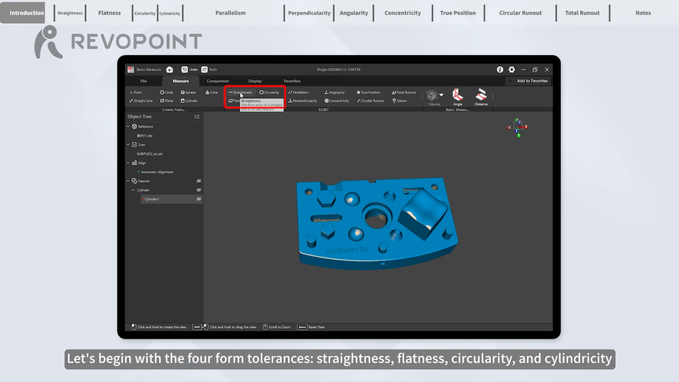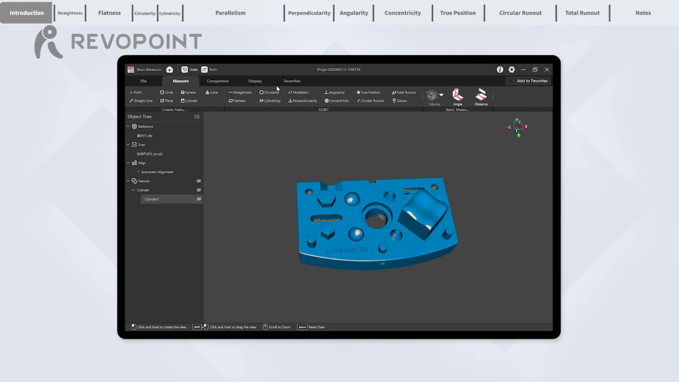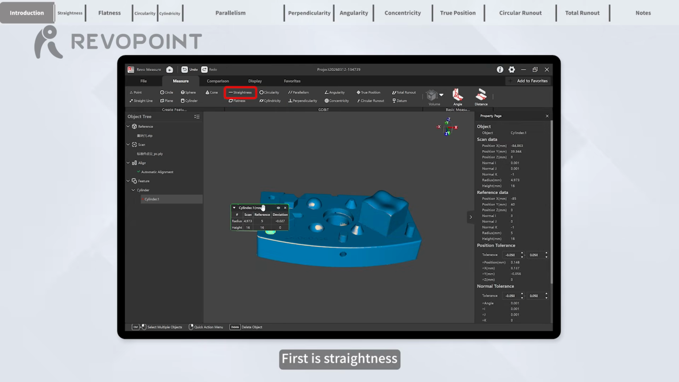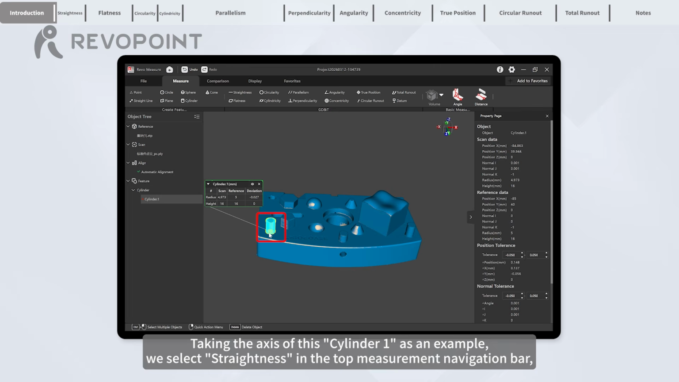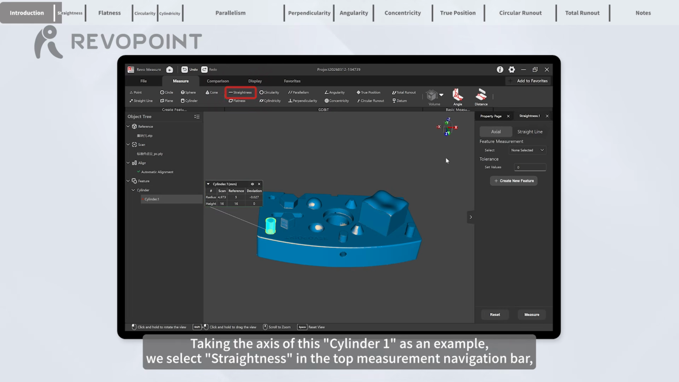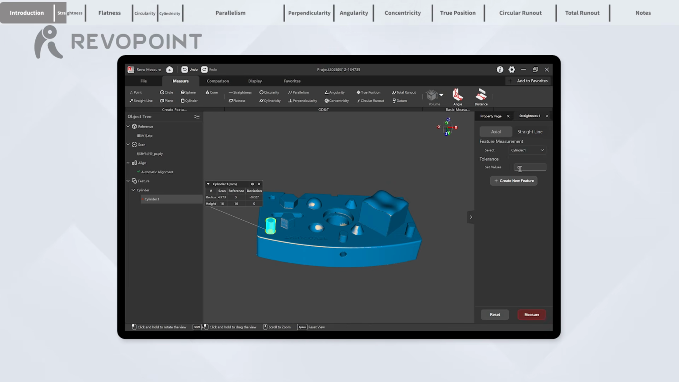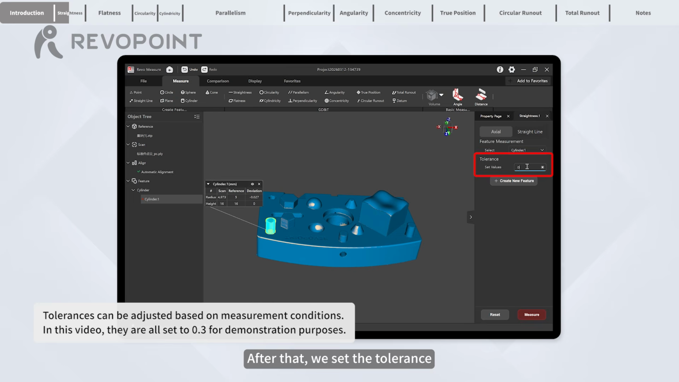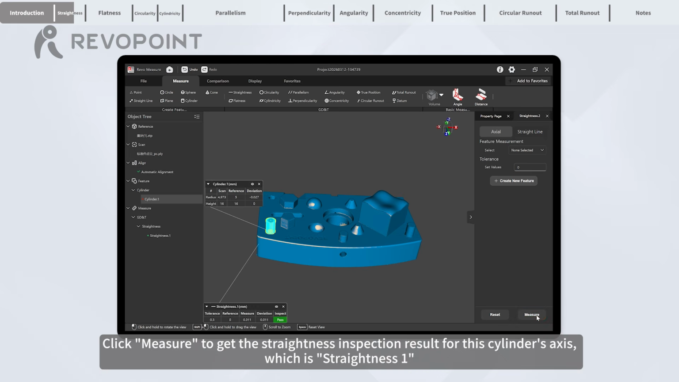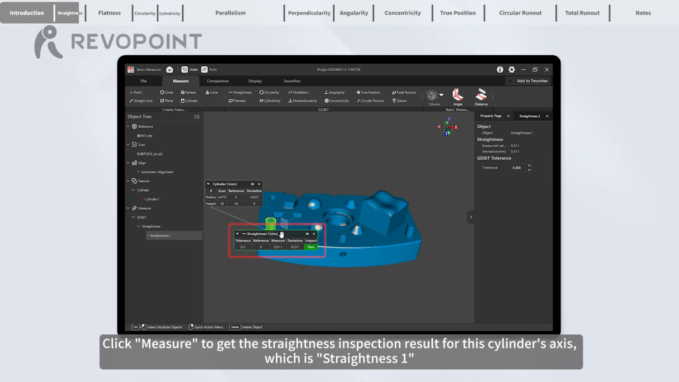Let's begin with the four form tolerances: straightness, flatness, circularity, and cylindricity. First is straightness. Taking the axis of this cylinder 1 as an example, we select straightness in the top measurement navigation bar, then go to the feature measurement below and choose cylinder 1. After that, we set the tolerance. Here, I set it to 0.3. Click Measure to get the straightness inspection result for the cylinder's axis, which is straightness